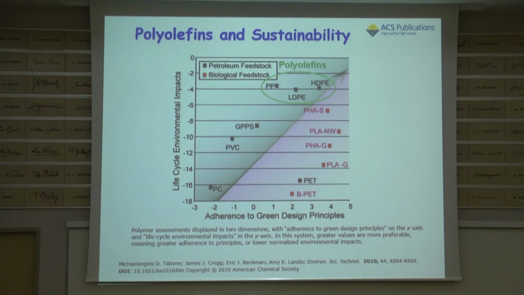And of course, the other issue is with that scale of materials, you say, oh, well, it's biodegradable. What are they degrading into? We're talking about billions of tons of degradation products. It's not a trivial problem. On the other hand, here, we need ethylene or propylene, and the Leviathan will provide all the ethylene and propylene that Israel will need for 100 years. And in fact, in terms of life cycle environmental impact, these look very good. In terms of green principles, they're not bad either, and they beat a lot of the bio-derived polymers.